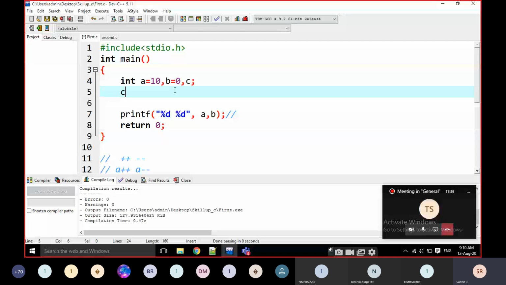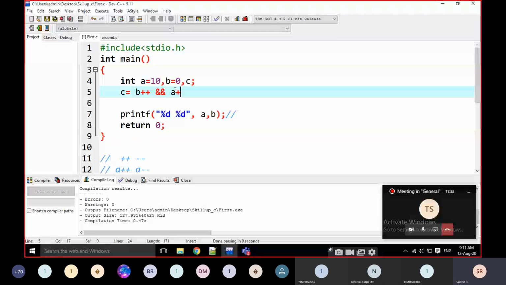For example, C is equal to B plus plus and A plus plus. For example, the condition is like this.